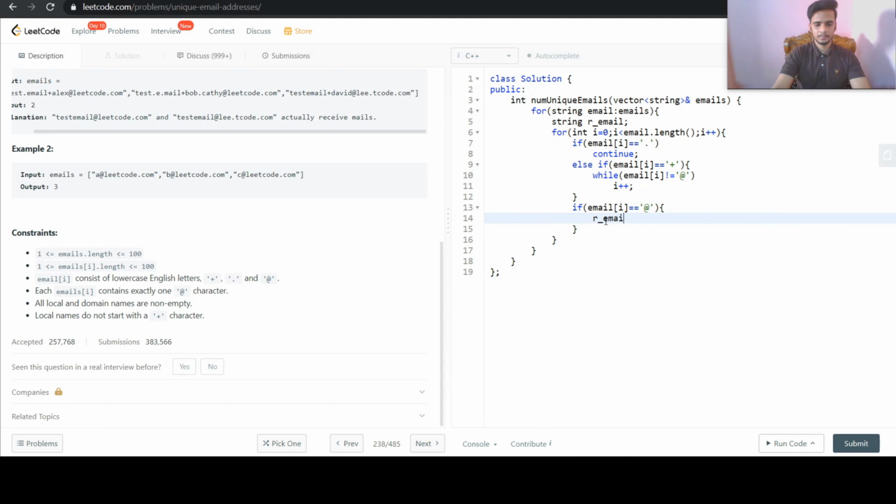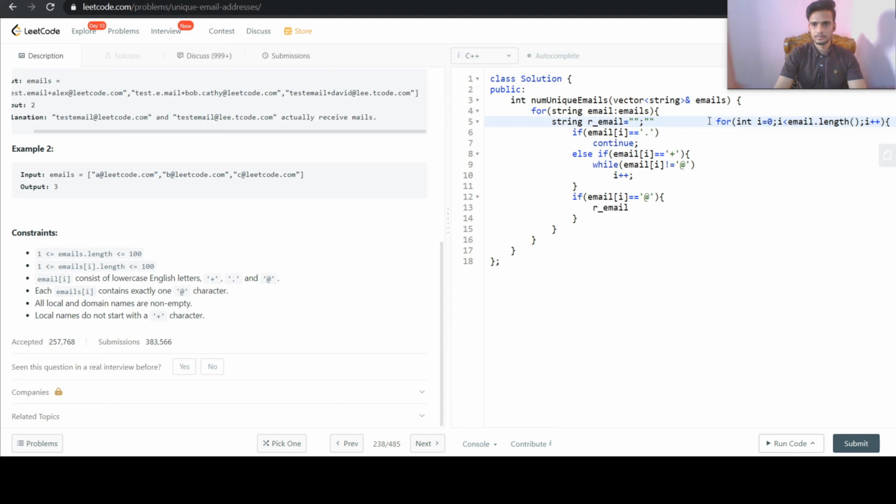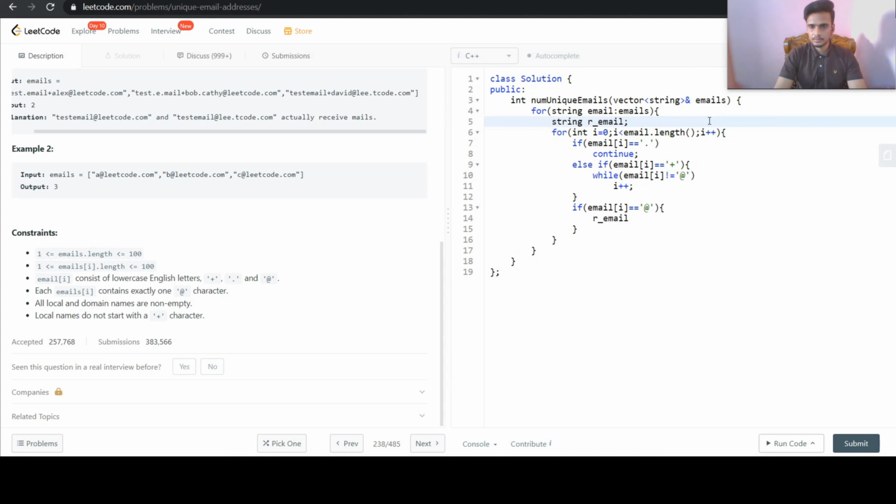So the resultant email plus equals email.substr from that index till the end.